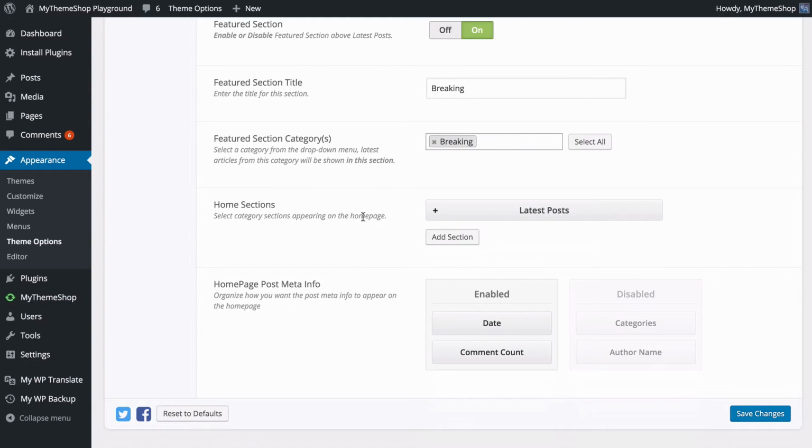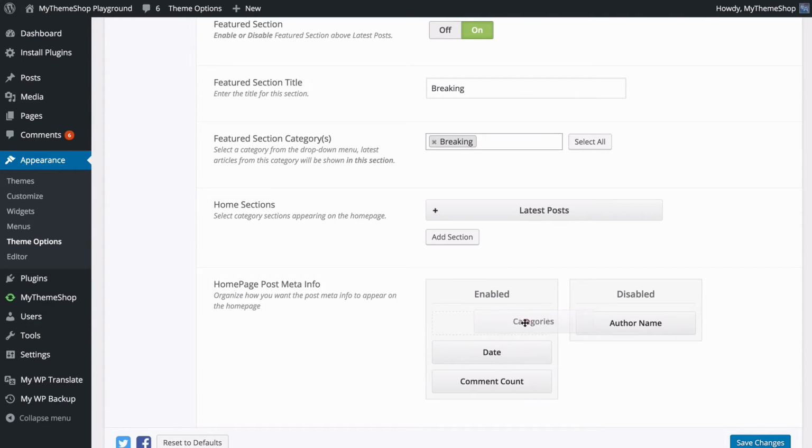Finally, you have the option to customize the homepage post meta info. This allows you to control what meta info appears on the homepage, and you can drag and drop in order to enable or disable these. That includes categories, date, comment count, and author name. So here I might just add in author name and categories, but remove the date and keep the comment count,